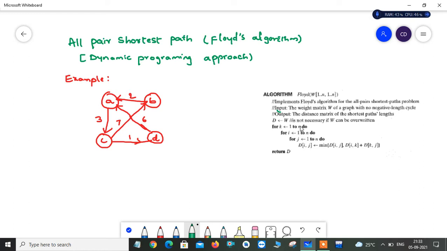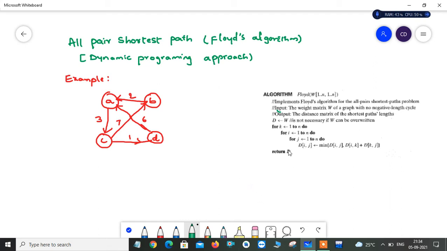These weights can be overwritten, because sometimes we have a path which already exists with some weight that may or may not be the smallest path between those two particular nodes. Because of that reason the weights may be overwritten. Now these i and j loops will run from 1 to n, which will take the row and column values. From that, this k is used for